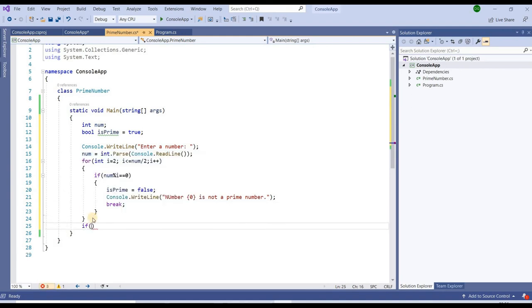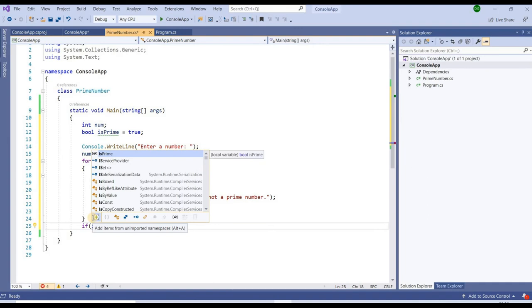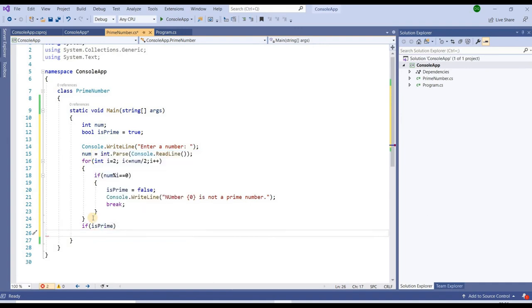Now here I have to check the condition. If isPrime is true, it means the controller didn't go inside the loop, so at that time we can consider that our number is a prime number.